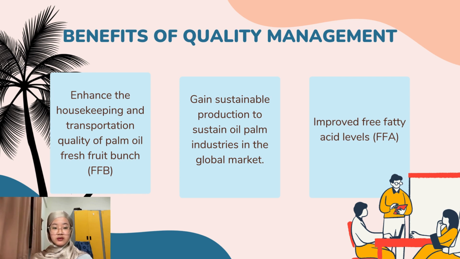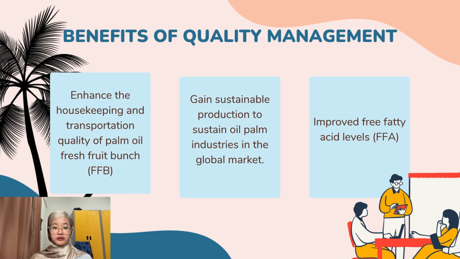Furthermore, it worsened when delays happened, so the FFB dealers couldn't transport the FFB to the centers on time, which could result in FFB becoming waste and pollution from their business operation, which could harm the environment. To solve the problem, a researcher found a way to improve the housekeeping and transportation by implementing 5S, which are sort, set in order, shine, standardize, sustain, to improve a business's overall quality and environmental performance,